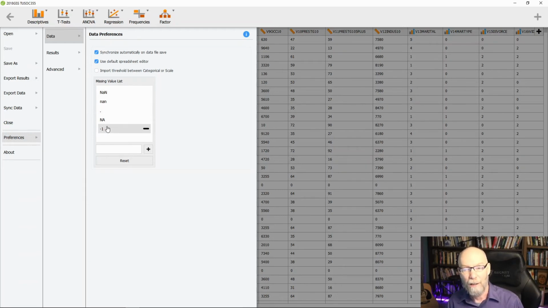But I've added -1 because -1 is commonly used through this data set as an indicator that people were never asked the question. It's not appropriate to them. So I want all the -1s to just be set aside. No -1 should be taken into account anytime any analysis is run. But then, variable by variable, there are some other things that are involved here. So for example, I can add